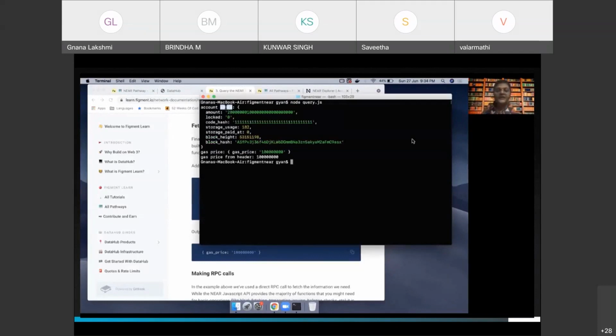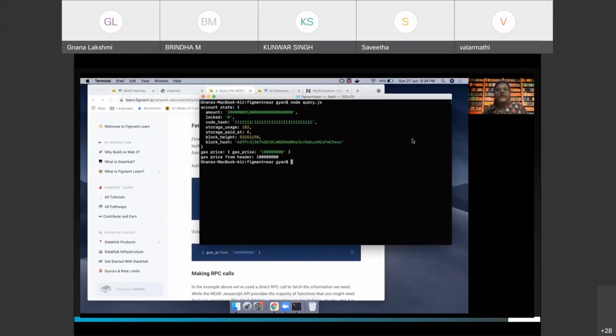We can also use the NEAR CLI to get the state of a particular account, which will give us all these details like what is the amount in our account, what is the code hash, what is the storage usage, etc. So storage is different from the state of the account. The state of the account tells us everything about the account, whereas storage is particular to what it is that we are storing on that particular account.